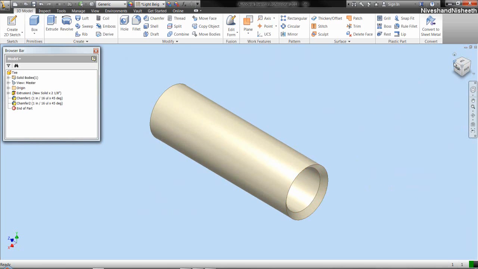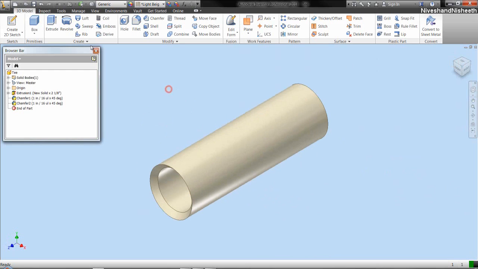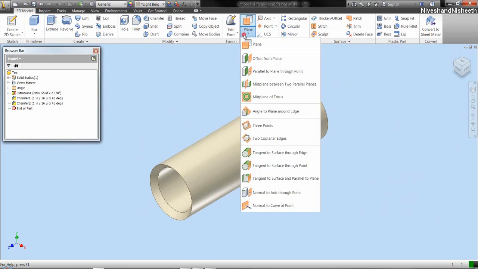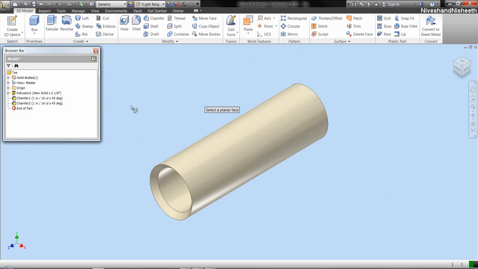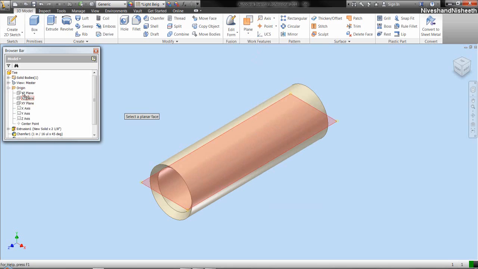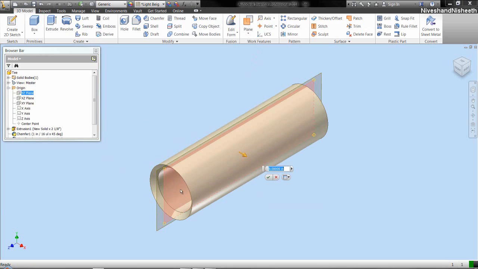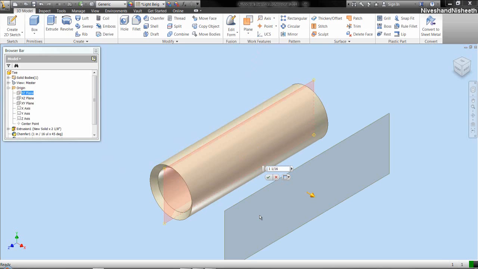Okay, now we will create a new work plane at an offset distance value 1.0625 inches from the YZ plane